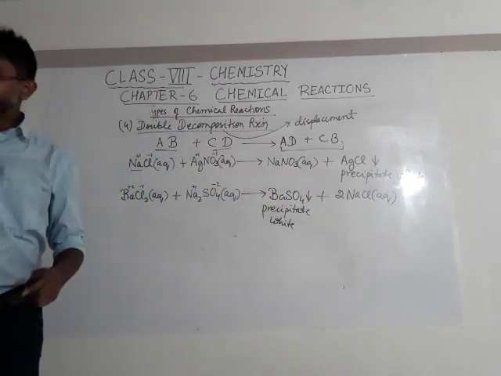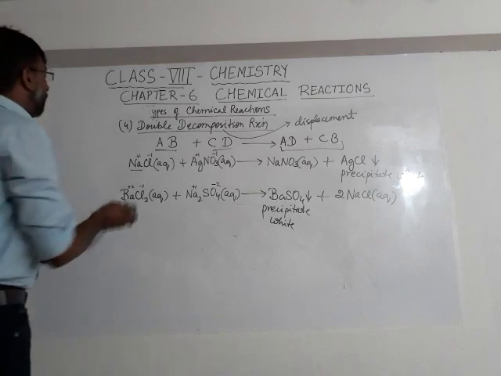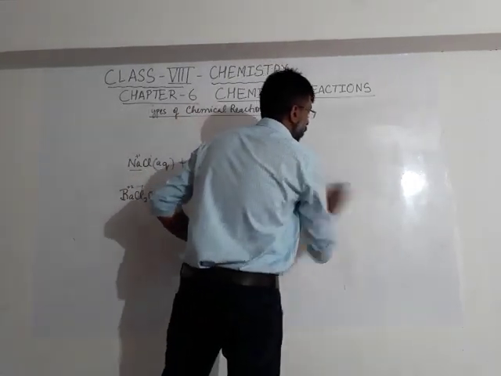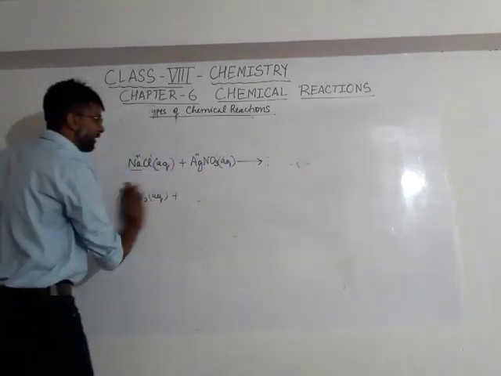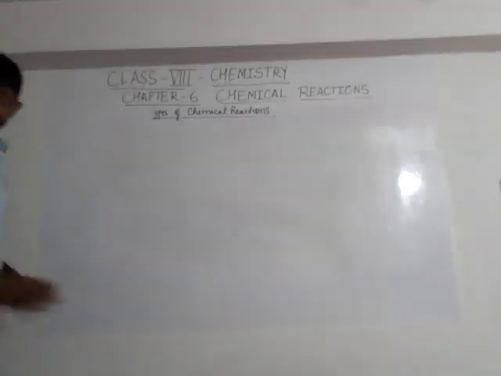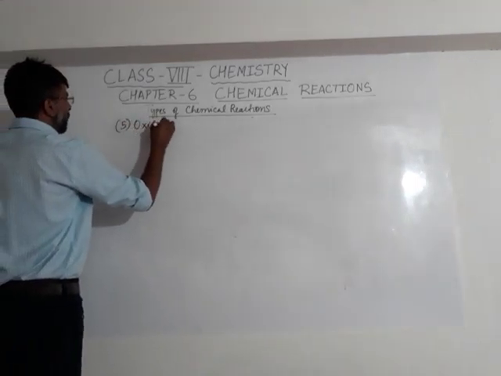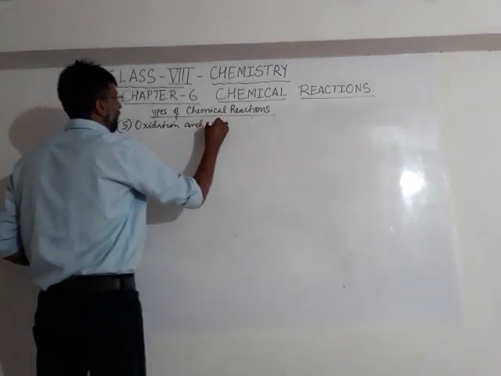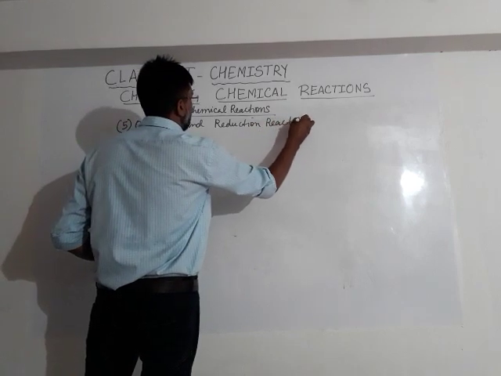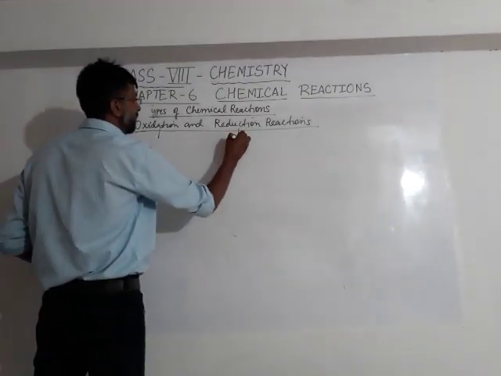So now, my dear students, I have explained four types of chemical reaction. One more is left, number 5, which is called oxidation and reduction reactions. Let me explain that also. You must have heard of oxidation and reduction in your previous classes, but today I will make this concept very, very clear to all of you. Number 5, oxidation and reduction reactions. Now, let me explain the meaning of oxidation first and reduction second.